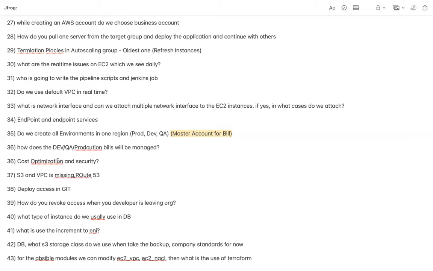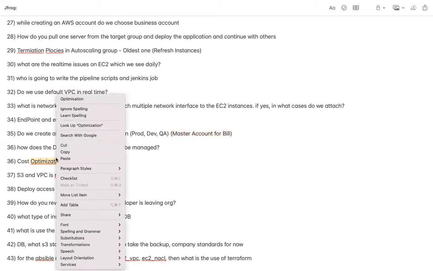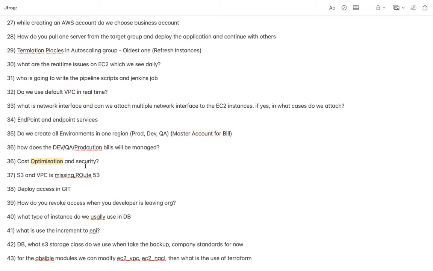So cost optimization is not a monthly or quarterly activity. This is an ongoing activity. Every single week we have to ensure that if any server is not utilized properly, if the infrastructure is not being managed properly, or if there are some resources sitting idle, we act on it.